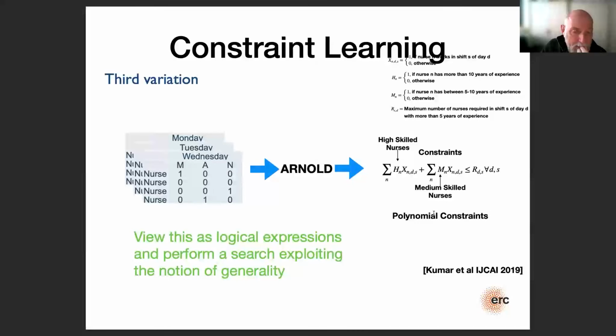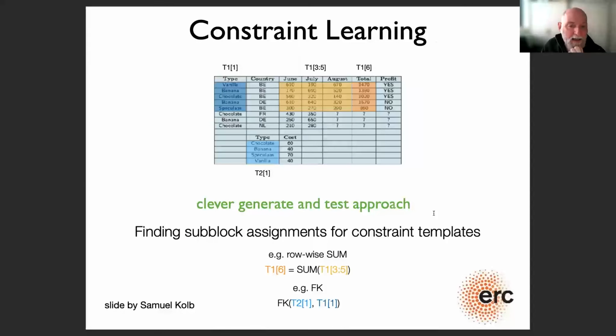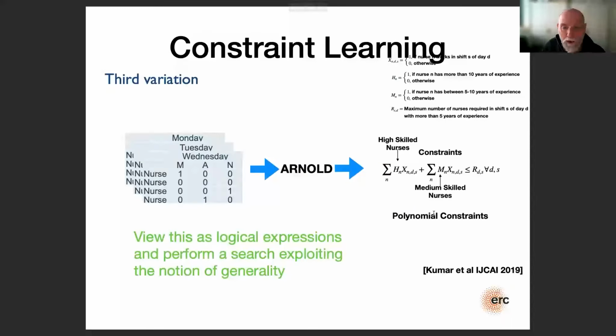We've also looked at, and so that's like the second kind of technique that you can do for constraint learning, that is, you can generate and test in a clever way. A third one is that you can also search,